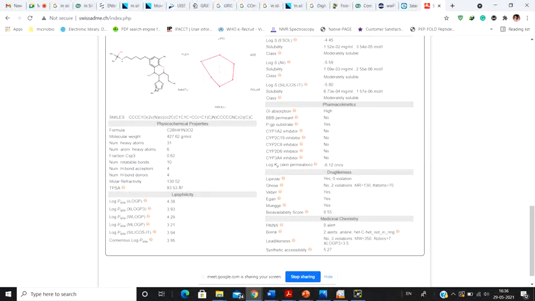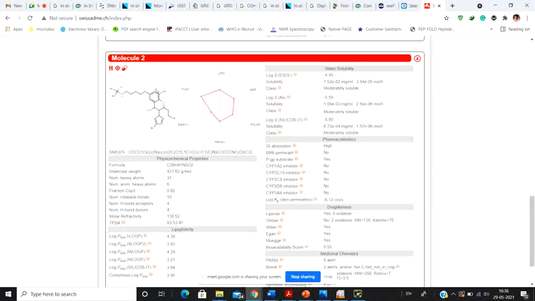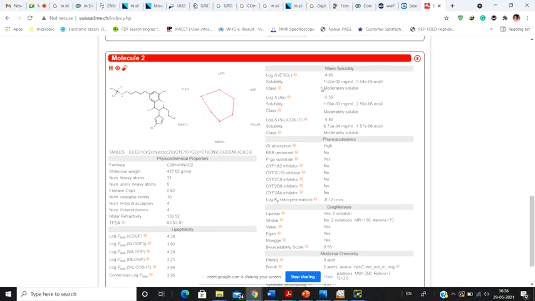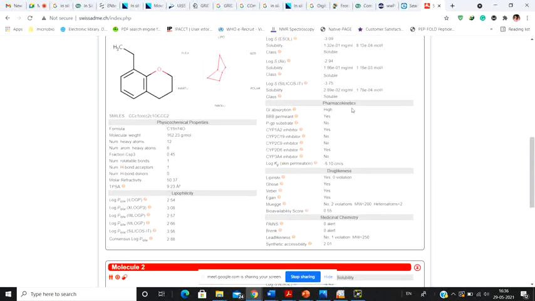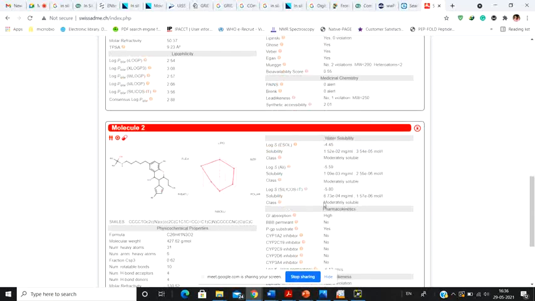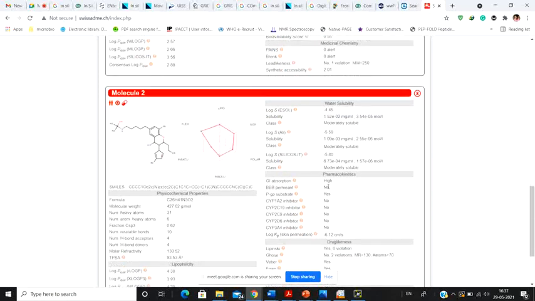Now let's talk about the second molecule that we have actually designed. Again, we are going to get all the same parameters and see the class. It is moderately water soluble, but the other drug was much more soluble in water, right? And next you have the parameters. See, it has high GI absorption. Now, is this molecule BBB permeant? It says no, the molecule is not permeant, whereas see, the flexibility had gone beyond this particular threshold.